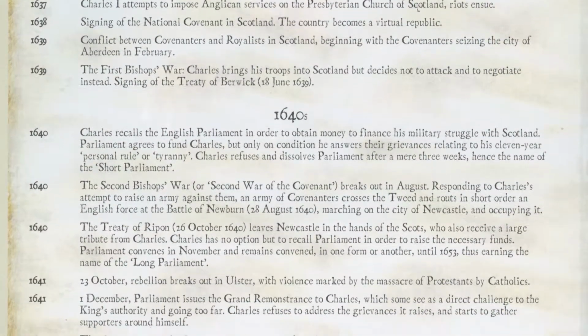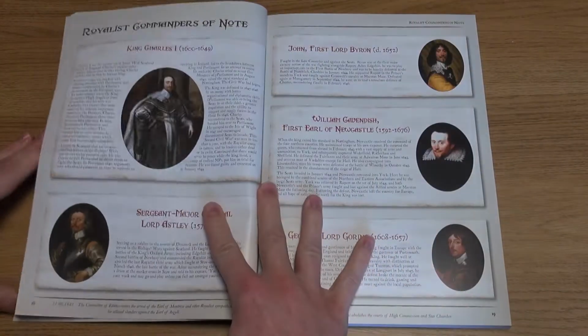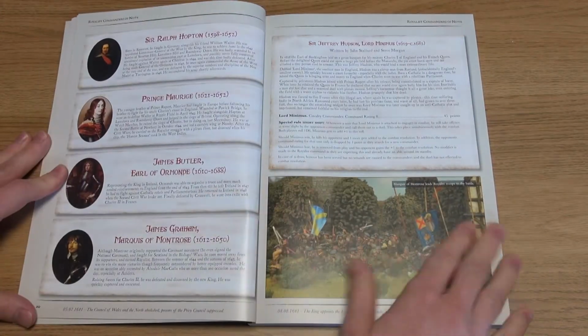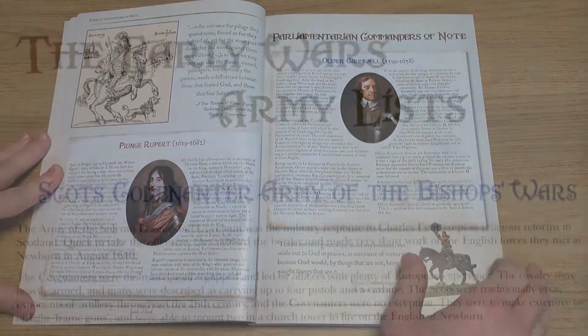For those new to the period, there's a look at the composition of the armies and tactics employed, plus details of some of the most well-known commanders from the Royalist and Parliamentarian armies. There is also a wealth of information here, all clearly laid out, with perhaps the most useful for gamers being